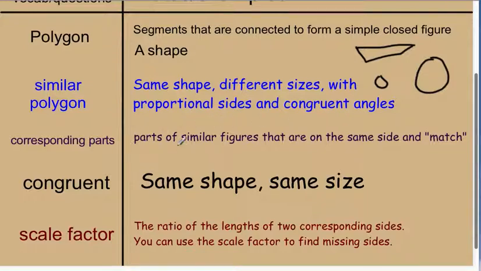If I have corresponding parts, they're parts that are on the same side. So really simple, if I was to draw two triangles, this side is the same as this side. If I was to draw two rectangles, notice that these rectangles are flipped, but this side would be the same